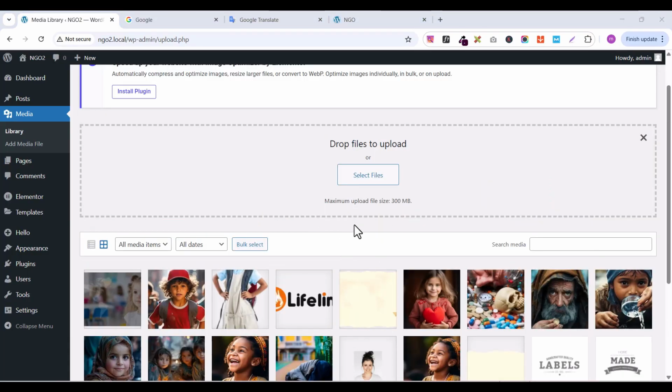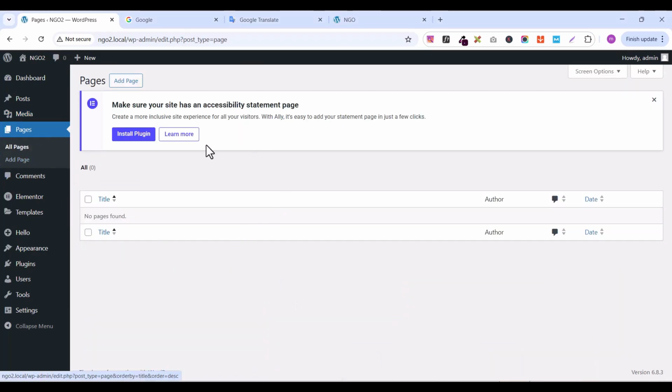Now we need to create our page. To create our page, come to the left side again, and below you see page. Click on page. So here is where you can create any page, either it's an about us page, contact us page, any kind of page. This is the part you are going to create it. All right. So to create our home page right now, let's go up here. You see add page. Click on add page,